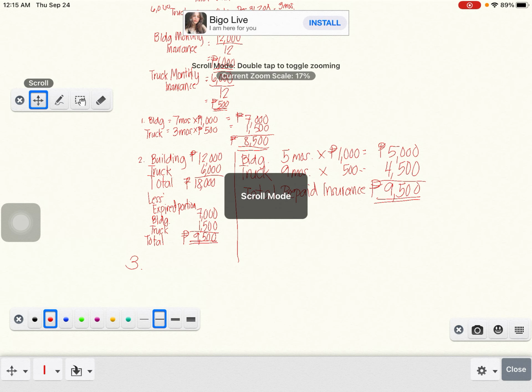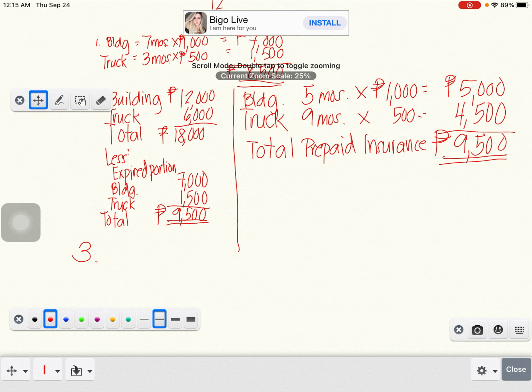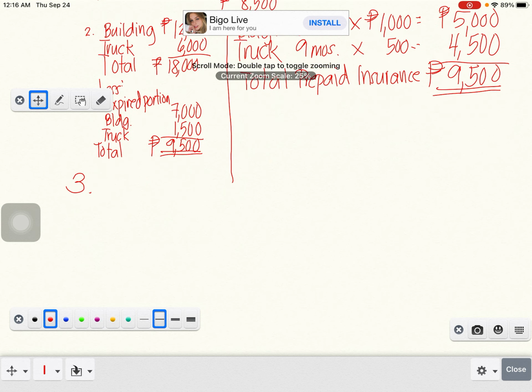Number 3. It's a question. Assuming that the insurance of building was paid on May 28, what is the adjusting entry? So, May 28 ahead of the insurance coverage. Okay lang na. So, it's still considered June 1 sa undergrad because, or sa accounting 1 because we do not compute it by days yet. But when you would reach higher accounting, so muna nang magkwenta tag pila ka days in a month. Anyway, so ang original entry,